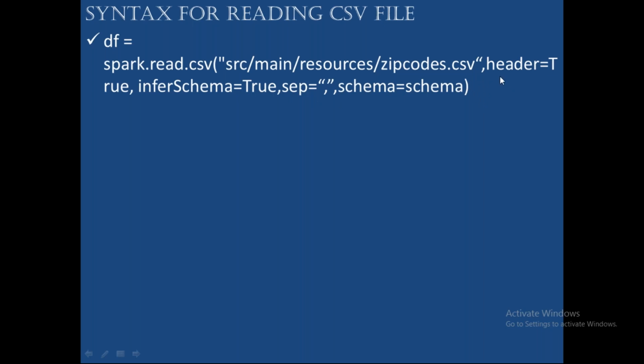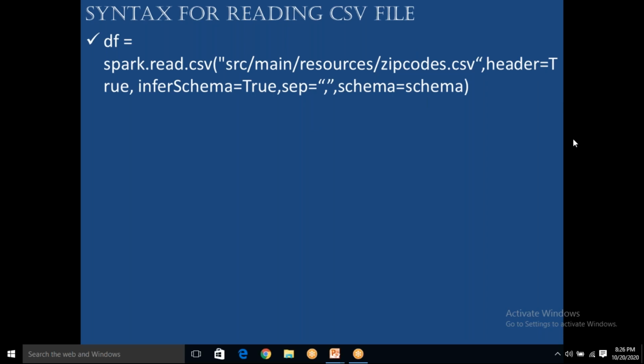In this you can use all these options for header, infer schema, separator, schema, or you can avoid mentioning all these things. If we avoid mentioning all these things, what will happen? Anybody can guess? Something default. I'm giving some clue. There is something called default. What is the default?